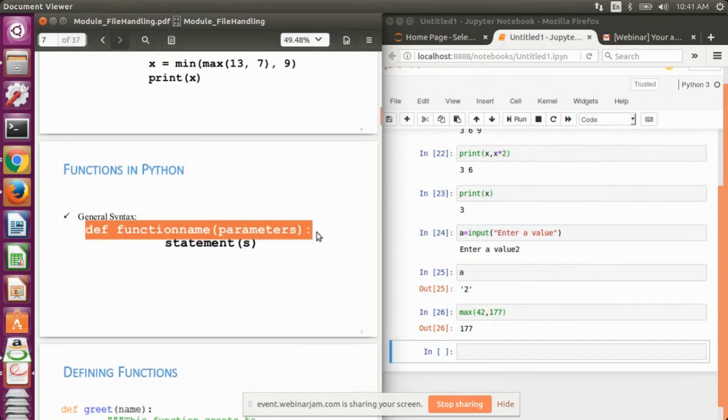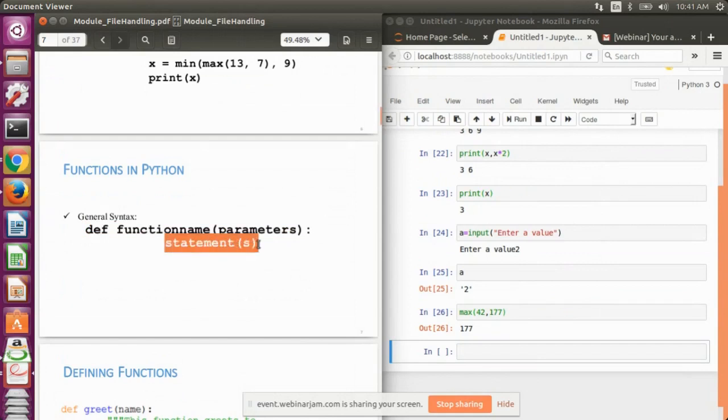After this, we define the body of the function, which depends upon the number of statements that you want to define. You can define a single statement or multiple statements, depending on your requirement.